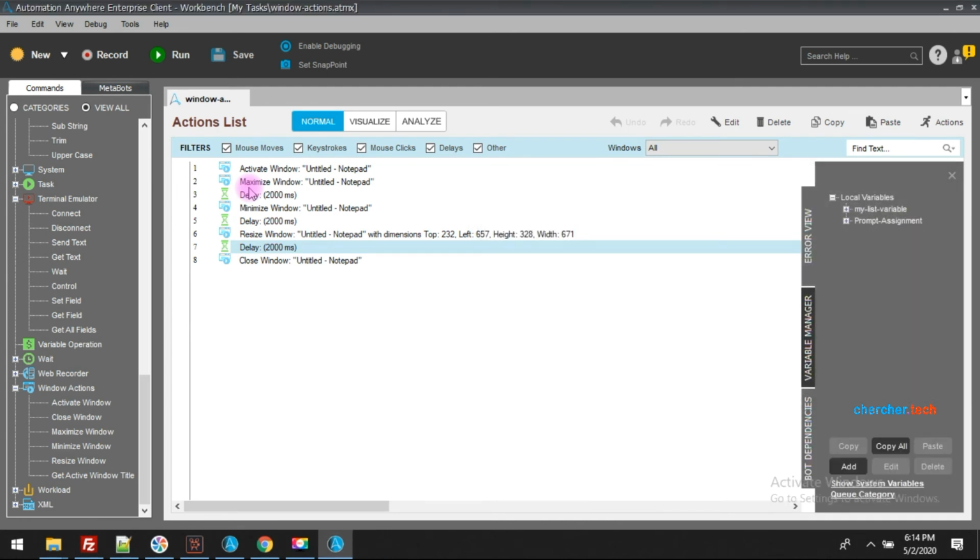So all the actions are done. You can ask, why do we need this kind of thing? The answer is simple. Sometimes you will be automating web applications or some other applications. At that time, because of some pop-up, something may or may not come to the front. In such cases you want to bring a particular window to the front, and then type some value. For example, let me